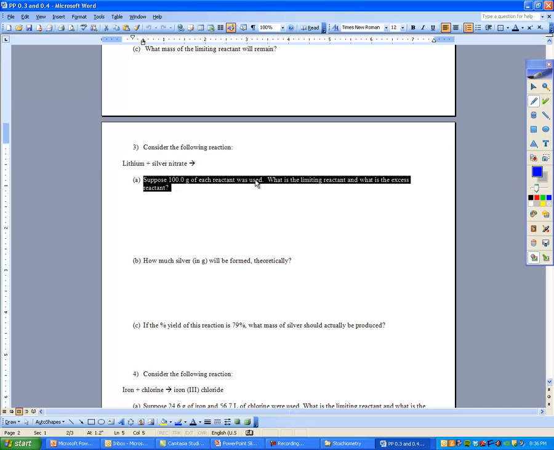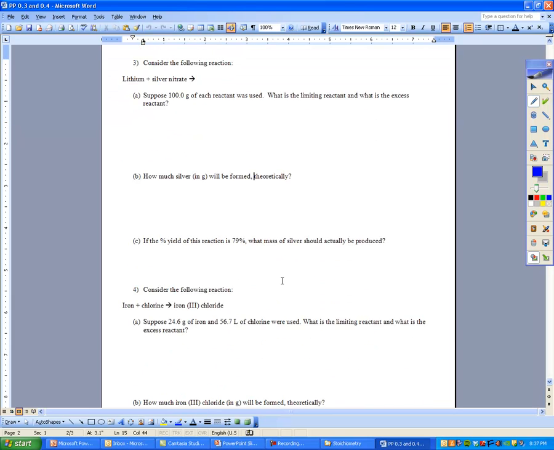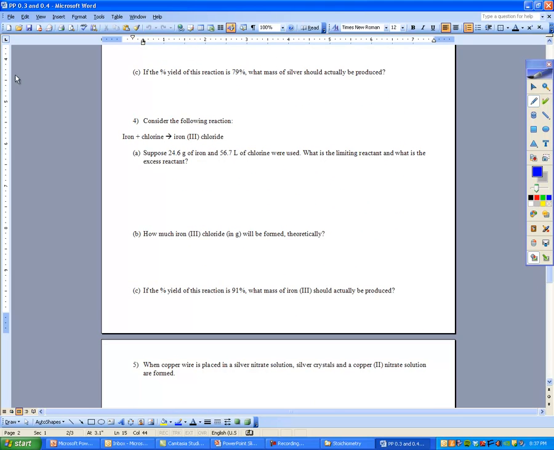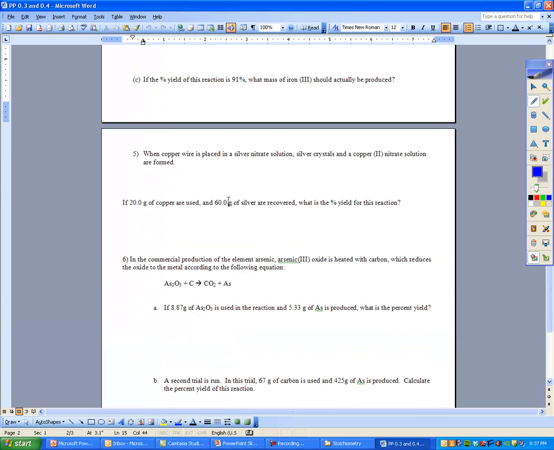100 grams of each reactant was used. So the first thing I ask you to do is to find the limiting reactant and the excess. Once you do that, that's going to tell you your theoretical value. So it's whichever one of these is smaller. Number 4 is the same thing. Number 5,